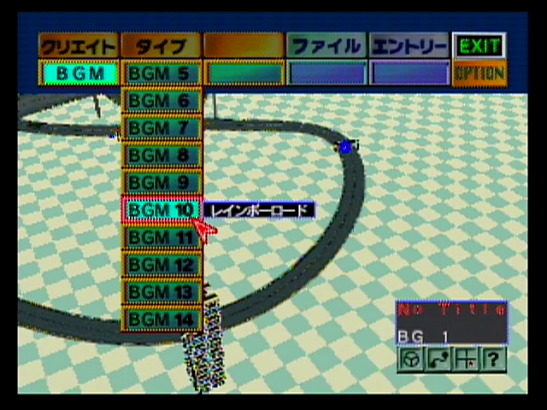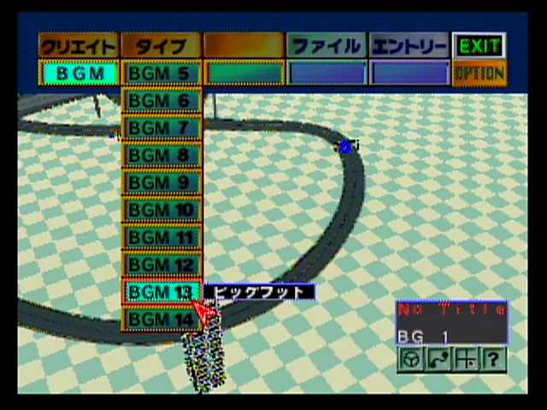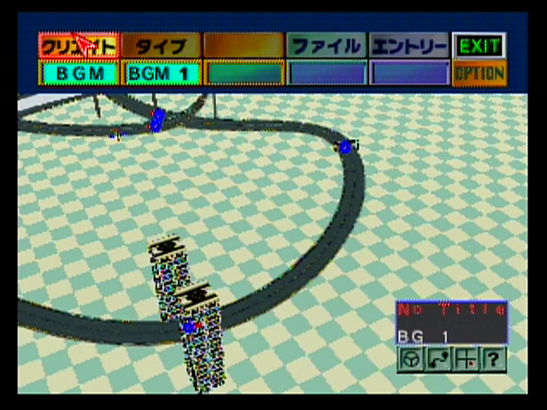With these last 5 being exclusive to the expansion kit. Not that it really matters, since you need the expansion kit to edit these tracks to begin with. But anyways, so that's everything you need to know as far as creating a track goes, but there's still these